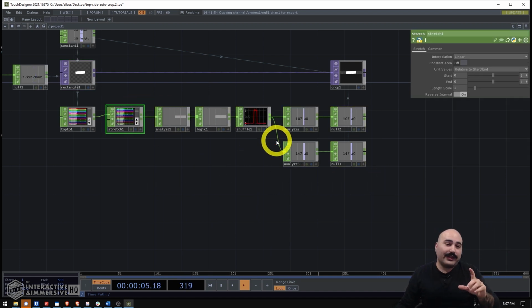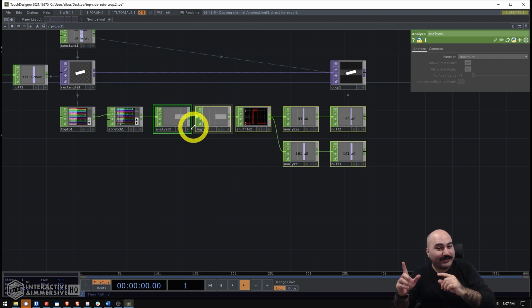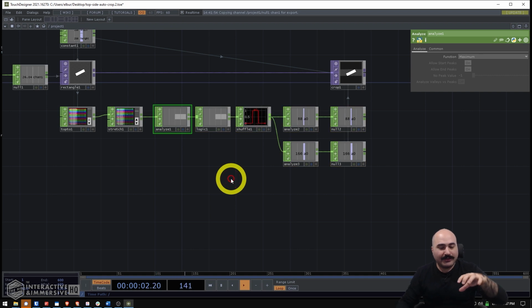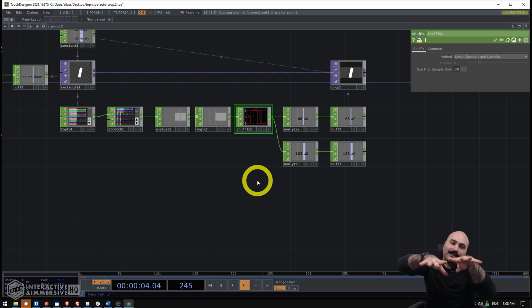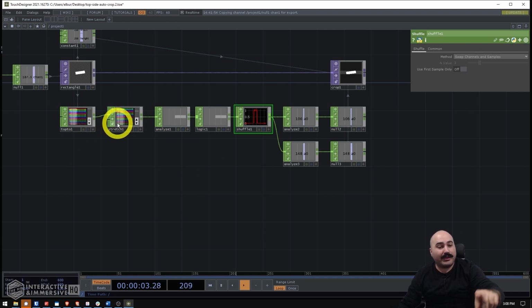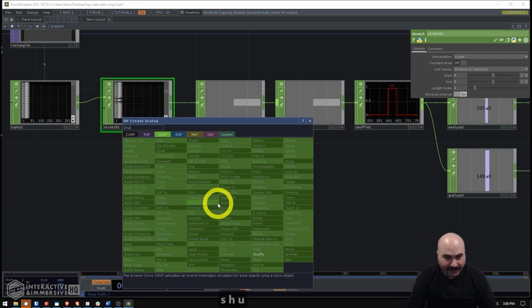Now, one of the really interesting things is how we can copy the top and bottom by using another shuffle to keep the exact same process. So if you remember last time we talked about shuffle here, we were talking about transposing our data. So we had all of these channels that represented the pixel rows from top to bottom. And what we wanted to do is turn it into a single channel that was still representing the top to bottom rows of pixels. But what we can do is the exact same thing back to our original data set. So what I mean by that is I can take a shuffle here,